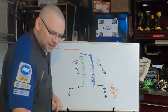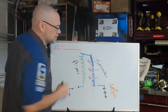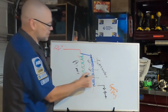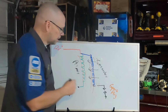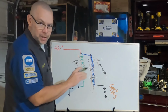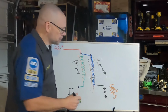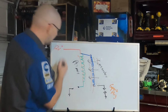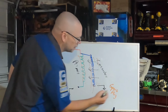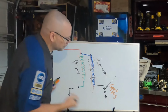As it collapses, it's going to cut back across the secondary windings, and when it does, it's going to induce voltage in those windings. Since there's a whole lot more turns here than there was here, it's actually going to induce a higher voltage in those windings at a very much lower amperage. And that high induced voltage, up to 50,000 volts, now wants to find a way to ground and back around. And the most convenient place for it, if the system is working right, is right there at the spark plug. It's going to come down,